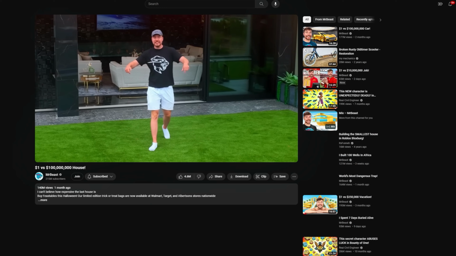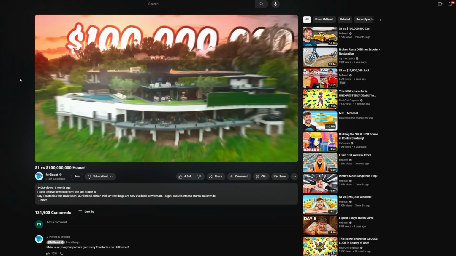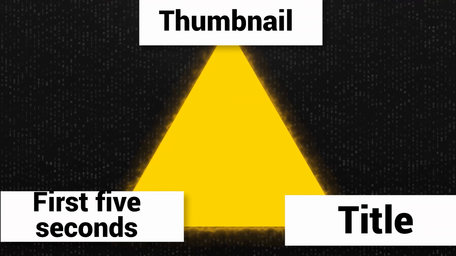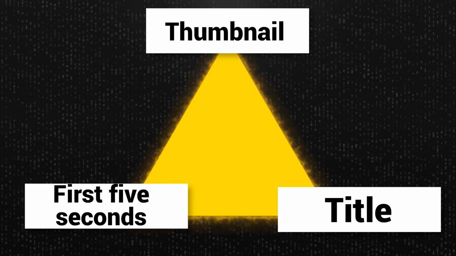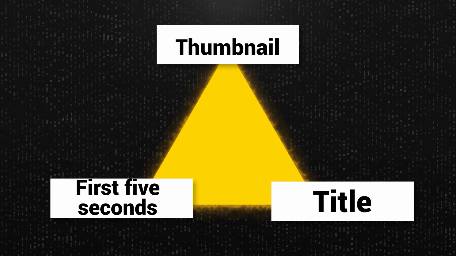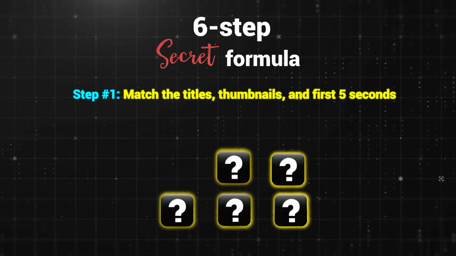This is very subtle. It's important that immediately after the viewer clicks on the video, the first 5 seconds plunge right into action and match your title and thumbnail. And this confirms to the viewer that they clicked on the right video and the expectations will be met. So there you have it, step 1 of MrBeast's 6-step formula, the golden trio made by matching the title, thumbnail,